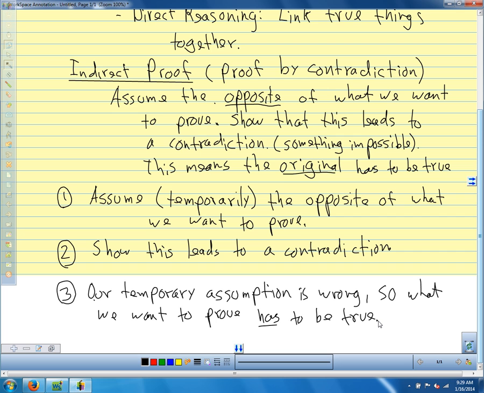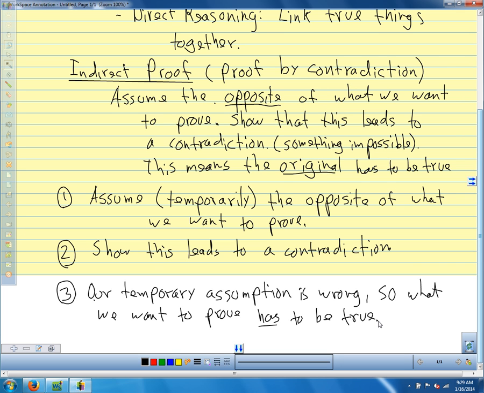So these are our steps for doing a proof by contradiction or an indirect proof. Assume the opposite of what we're trying to prove. Show that that leads us to something that's impossible. That means that our assumption has to be wrong, so the original thing we're trying to prove has to be true. So what I want to do is we'll practice on a couple of things. Just pick how do we pick the opposite, or how do we assume the opposite of what we're trying to prove, and then we'll talk about finding contradictions, and then we'll do a really easy